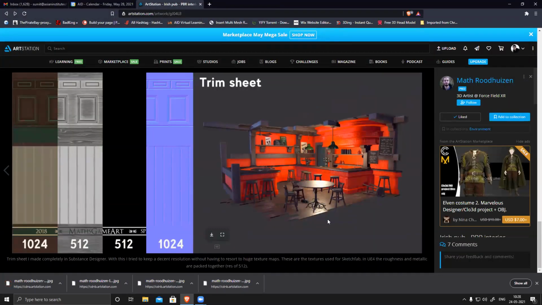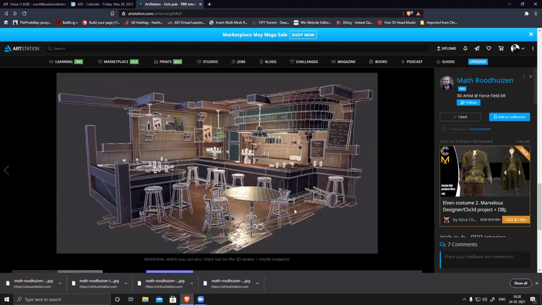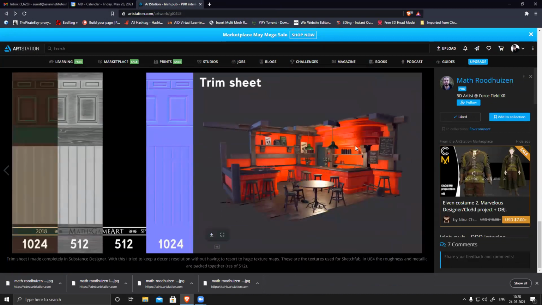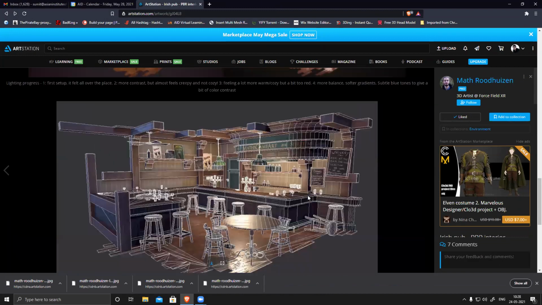In this particular scene, they have used a trim sheet for all this wooden surface, these walls and all. You can see clearly that the red highlighted section is the trim sheet. So what they created and how they created it. I'll explain how to use trim sheets and how to create all this. A trim sheet is basically a tileable texture we generate.